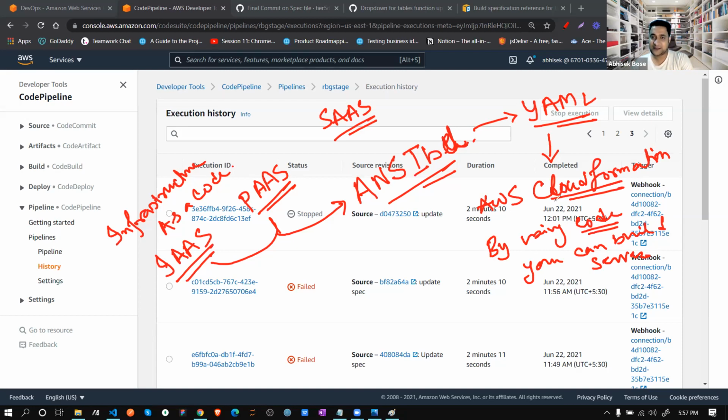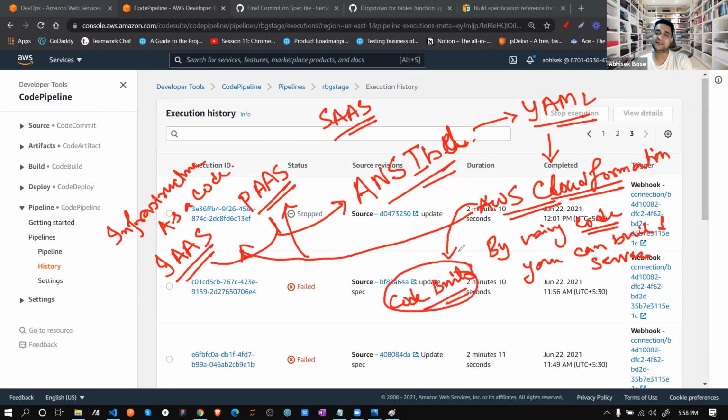So CloudFormation is part of IaaS and platform as a service. From this CloudFormation, CodeBuild is inherited, because behind CodeBuild, CloudFormation is actually working, and behind CloudFormation, Ansible is basically working. That's why the origin of the code structure is YAML.